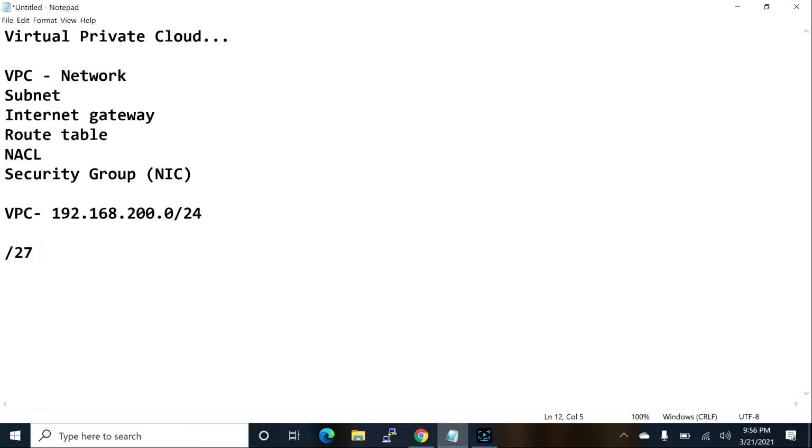Later I can create more. With /27, the values go 128, 64, and 32. The least value is 32.